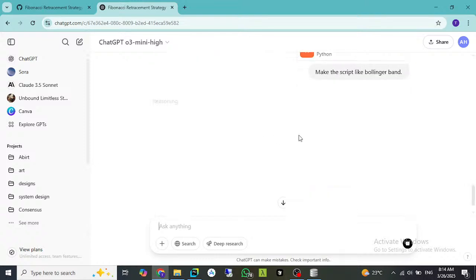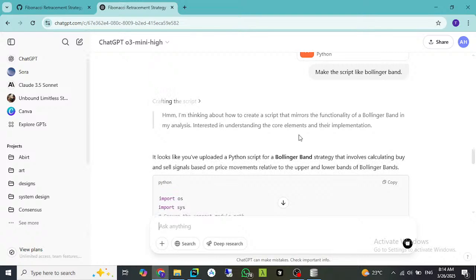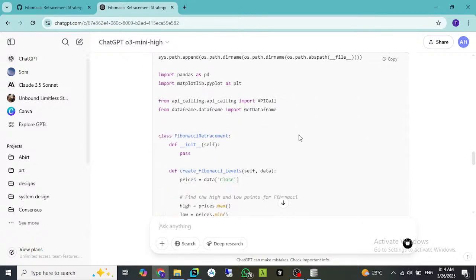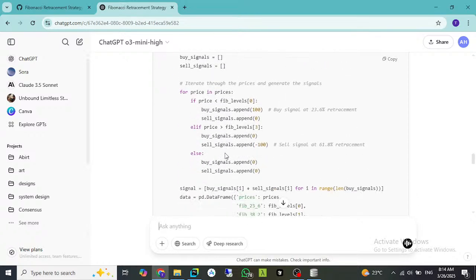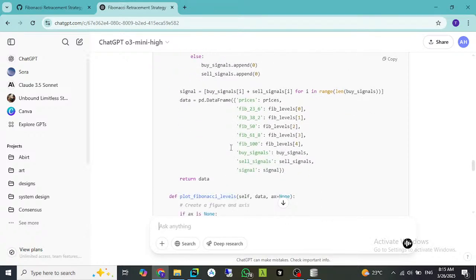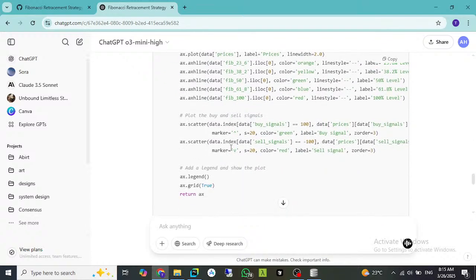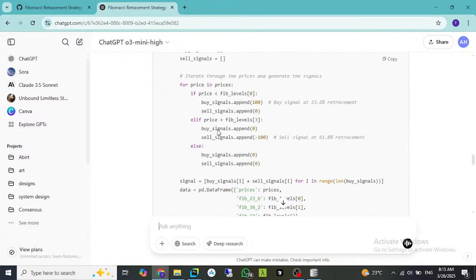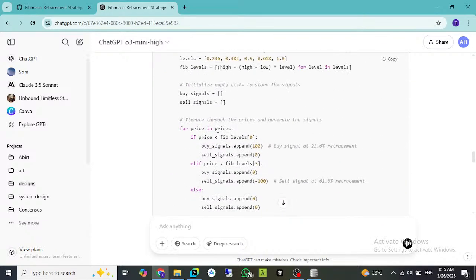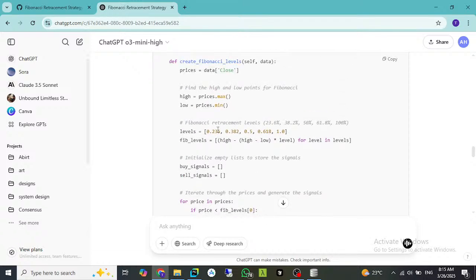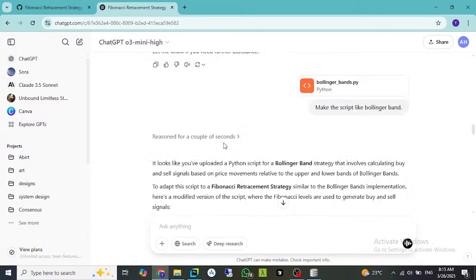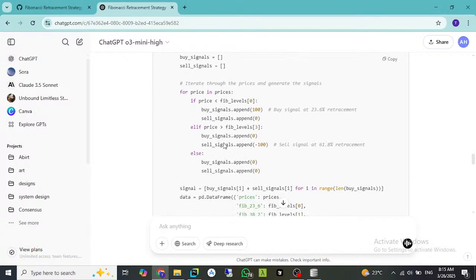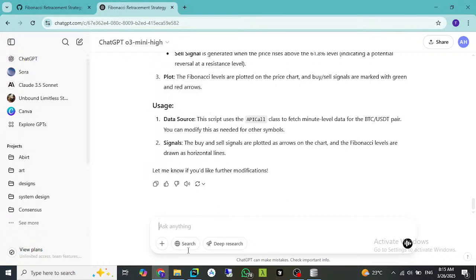And it's read and it's write, and it just gave me the Fibonacci class and all those things, and it gave me the strategy. You see, it's not like that, but it's similar to my script. You see, then I requested,